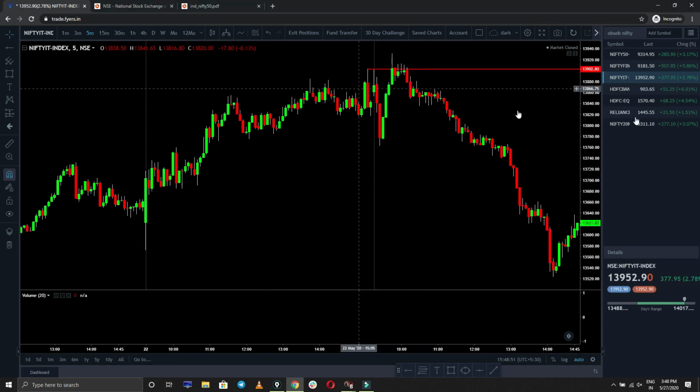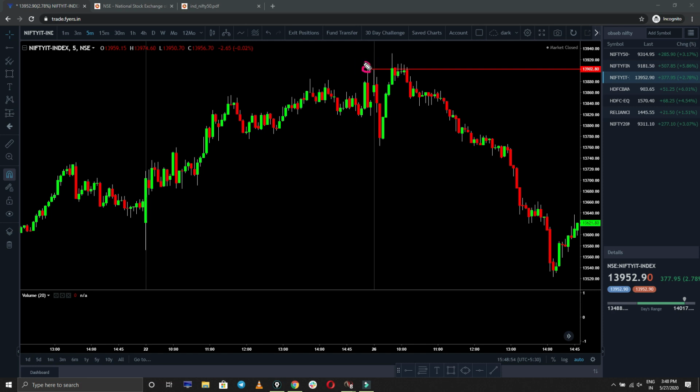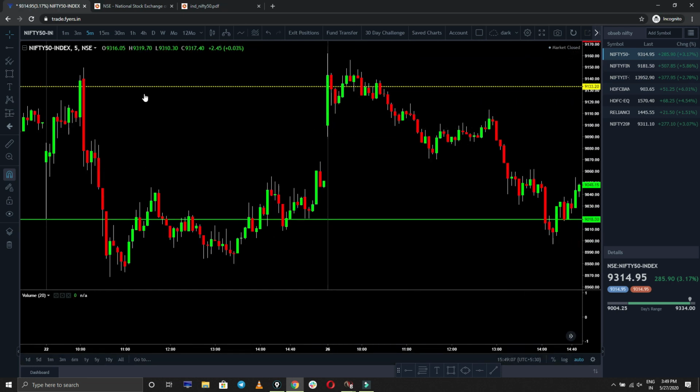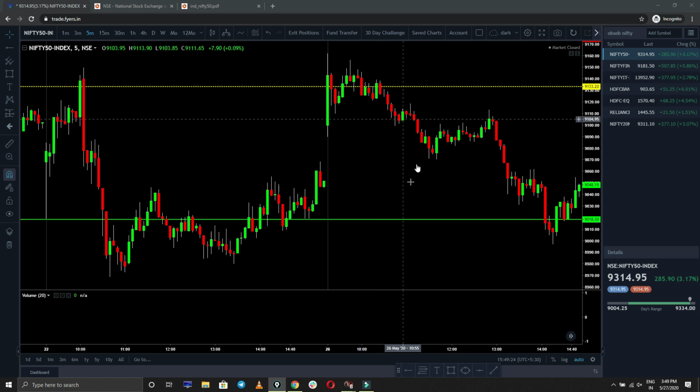It's showing a negative sign. IT is also not accepting above the day high; the previous day high is getting rejected. This shows that 50% of Nifty is negative, and the opening in Nifty is also negative, so definitely we can trade here. After this move happened, we would have entered here and put the stop loss over there. Like this we can take confirmation, and after taking such confirmation you won't get hit by the stop loss. So it's very important to see the weightage of Nifty sectors, and also the volume profile.